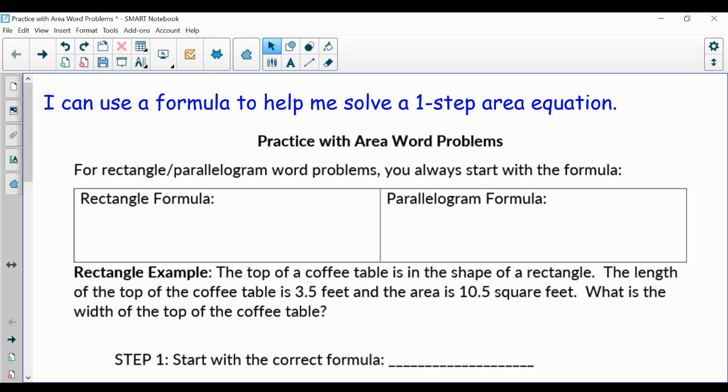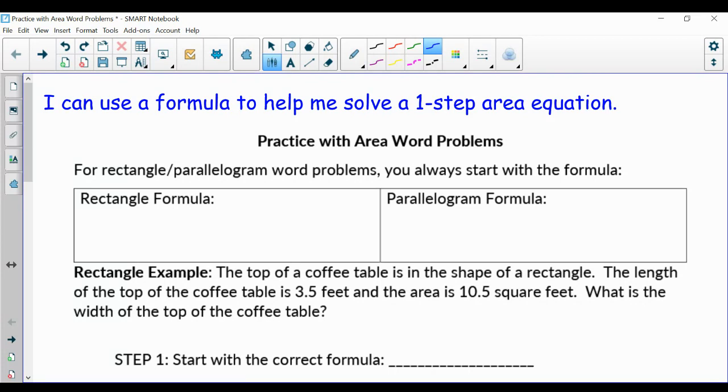Good morning, everyone. So today's video is going to be about practicing with area word problems. All last week, we learned about our different area formulas for squares, rectangles, parallelograms, and triangles. And now we're going to put that all together with word problems. So first things first, let's go ahead and remind ourselves what our area formulas are for a rectangle and for